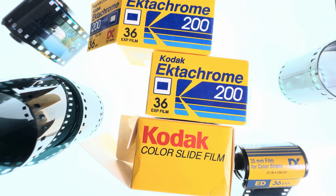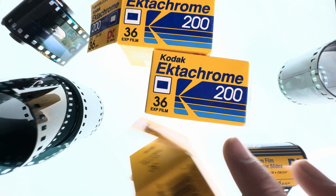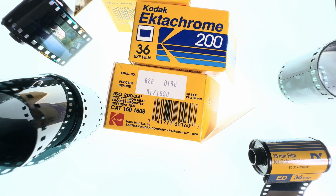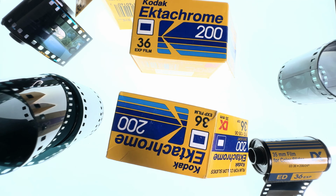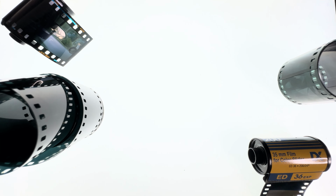I purchased these 3 boxes of Ektachrome E200 for a grand total of $3. They all expired in 1990 and they all have the same emulsion number. So I figured, hey, I'll shoot one of these and I'll know what to expect for the other 2. Originally, the idea was just to shoot these 3 and that would be the end of the video, but I